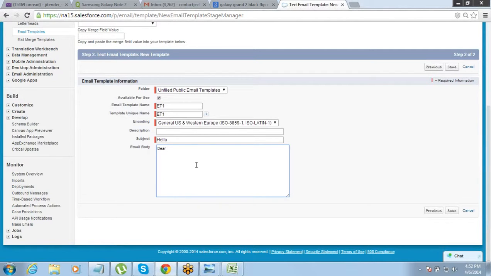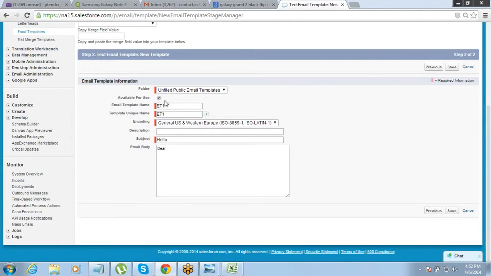Okay, so it's not difficult. The only thing we need to understand here is that it should be available for use, then only an end user can use it on a workflow or something. If it is not available for use, it will not be available to the users for using.